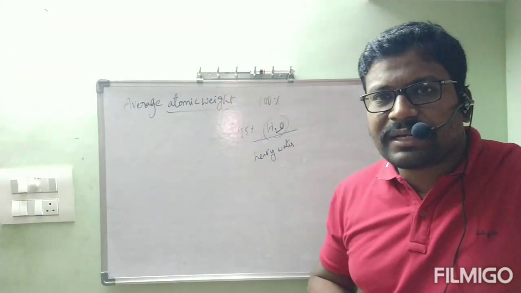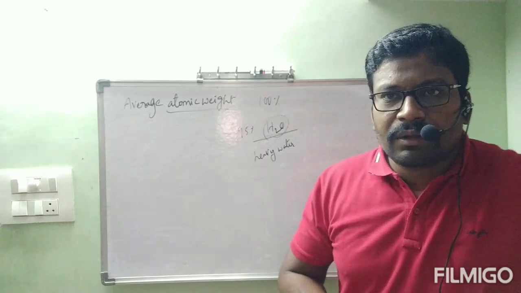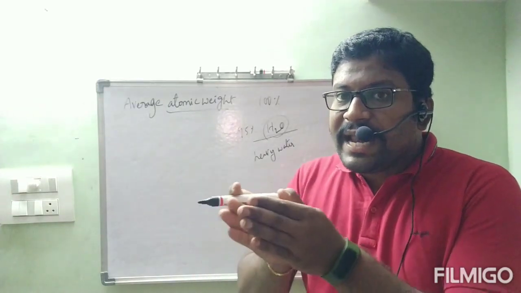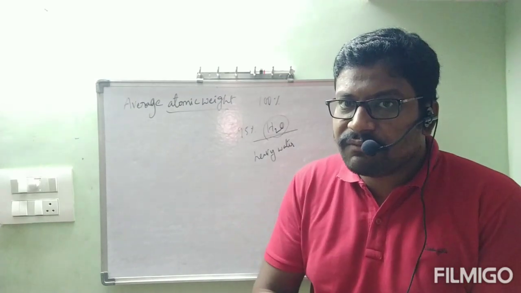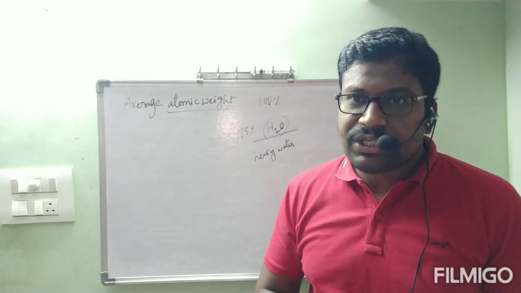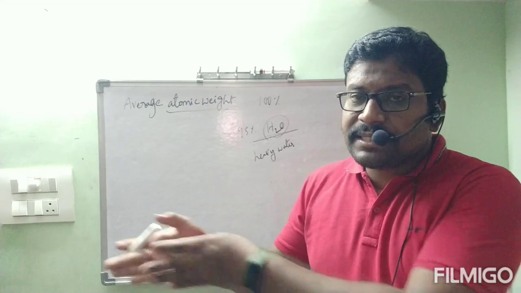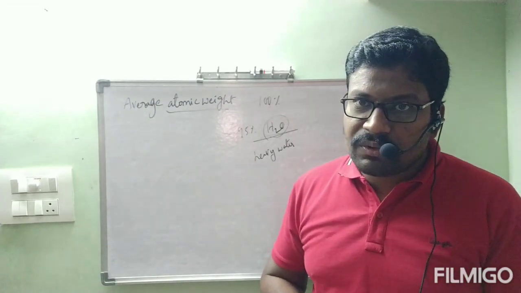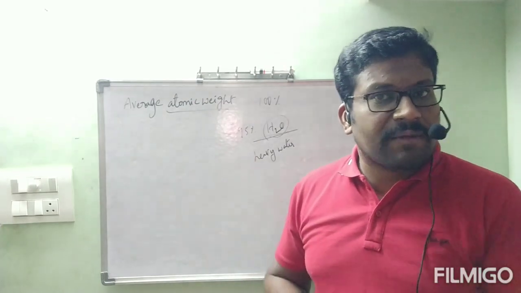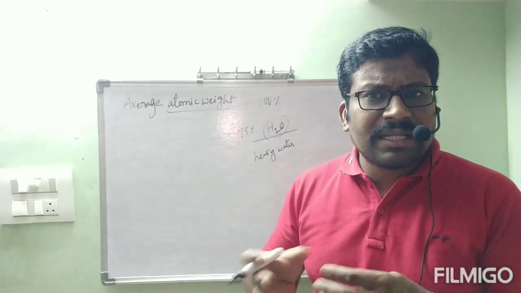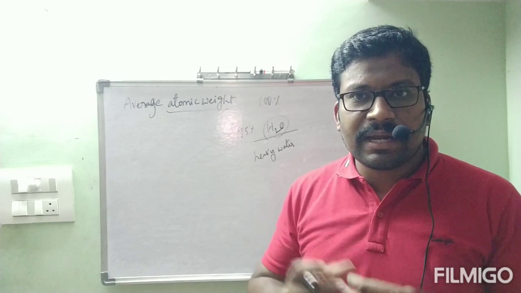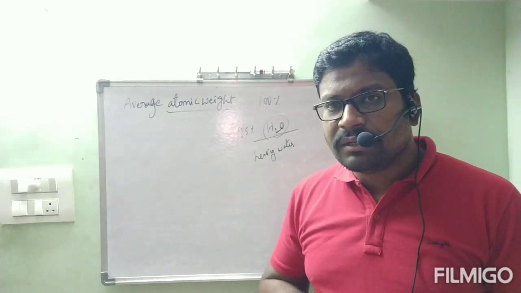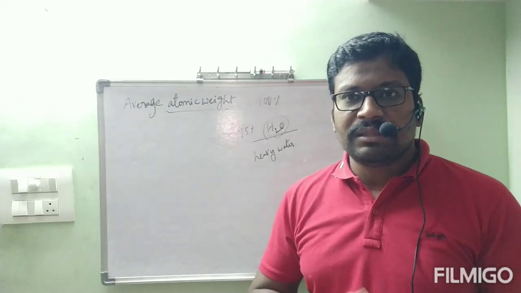Suppose we collected 100 grams of water. In that 100 grams of water, 95 grams is present in the form of H2O and 5 grams is in the form of heavy water. Meaning, what is the abundance of water, H2O? 95 grams, 95%. What is the abundance of heavy water? Heavy water abundance is 5%. That is abundance.